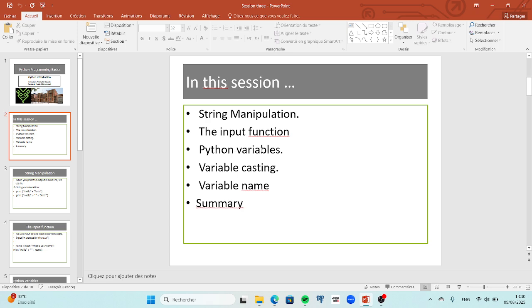Then we will study Python variables, and we will understand what variable casting is, and then we will study how to name a variable correctly. And finally we will summarize our session. Okay,